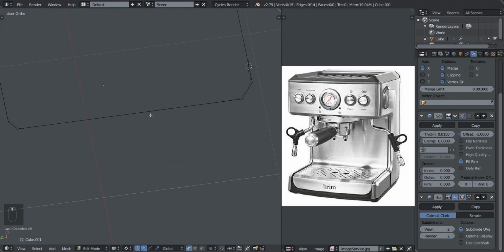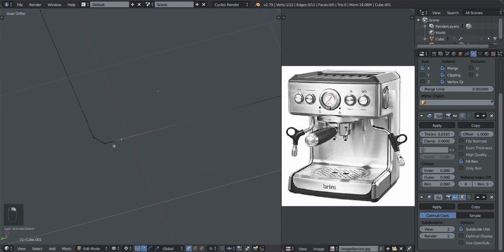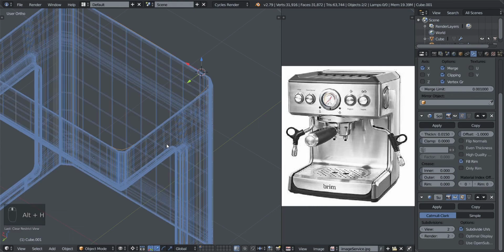So we're not going to need these extra vertices here in the middle, so I'm going to get rid of them for now. I'm going to get rid of these ones as well, and let's just leave the corner vertices alone. Okay, so dissolve all of those vertices, and we only have the corner vertices right now. So press Alt and then H. Get out of edit mode, press Alt and H to bring back the